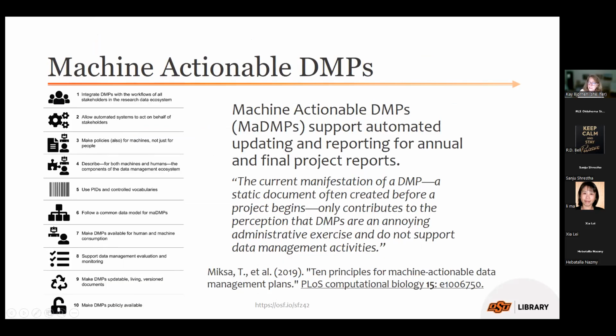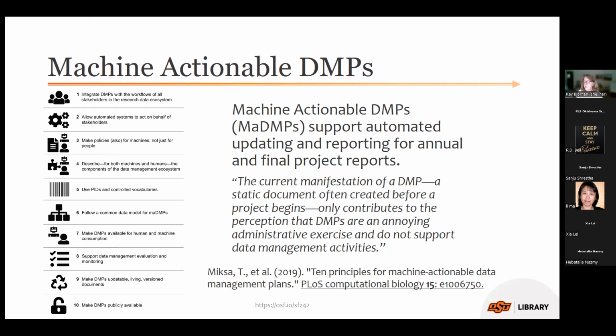And I want to mention machine actionable DMPs. This is something that is like a perfect universe. If you have a DMP that is completely machine actionable, then you are able to be assured that the updating and reporting is being done through automation. Most DMPs are not. And so you see that quote from this paper. It says the current manifestation of a DMP